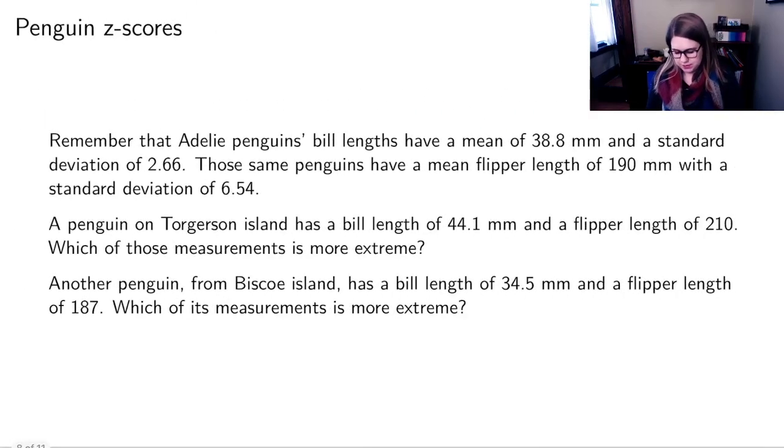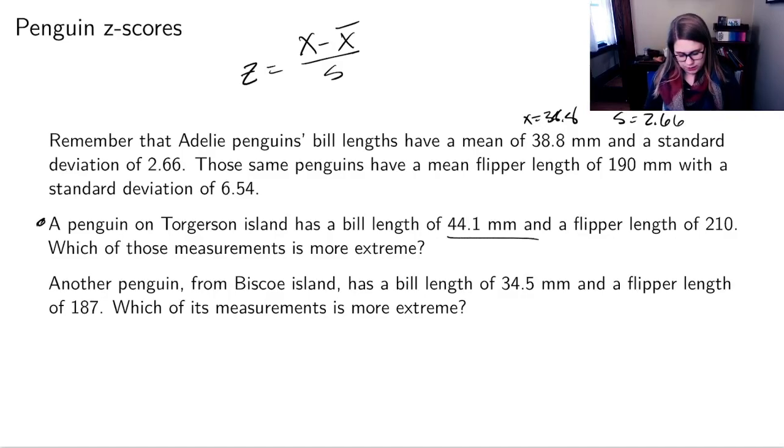So let's practice making some z-scores, remembering that a z-score is x minus x bar over s. Adelie penguins' bill lengths have a mean of 38.8 and a standard deviation of 2.66. And then we've got their flipper length, and that has a mean and a standard deviation as well. So let's think about a penguin on Torgersen Island with a bill length of 44.1 millimeters. If I wanted to find the z-score for that, I would put in that penguin's bill length,